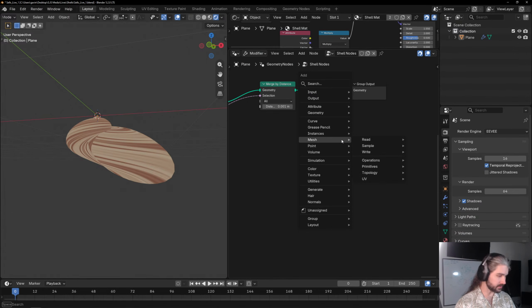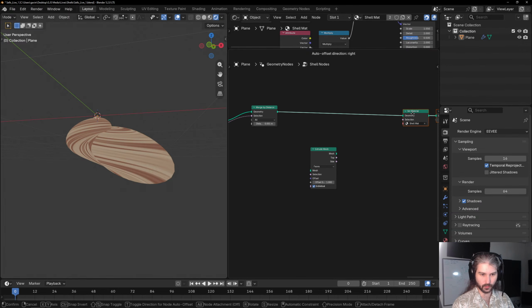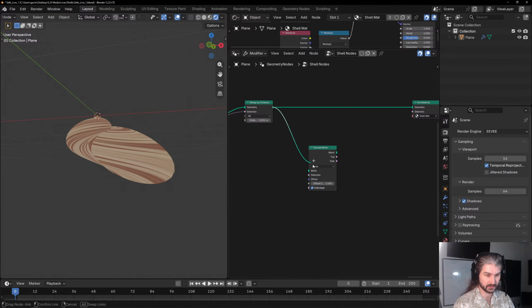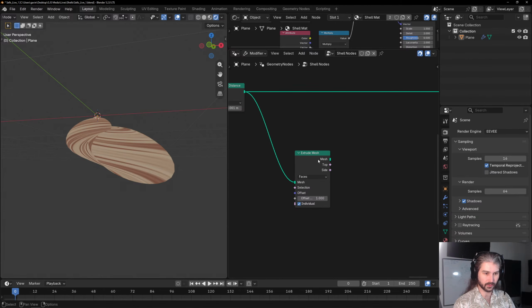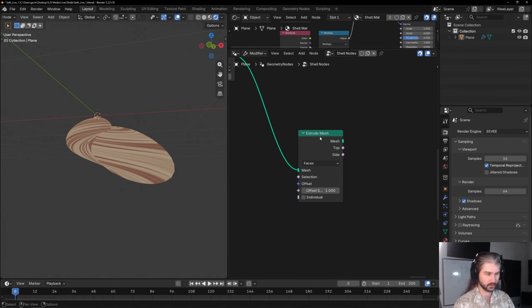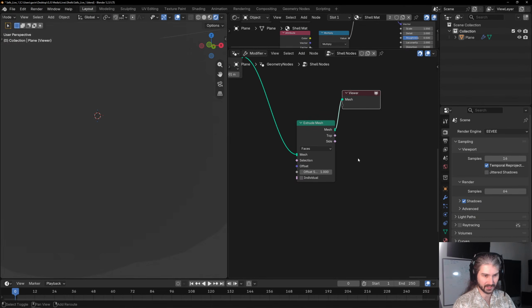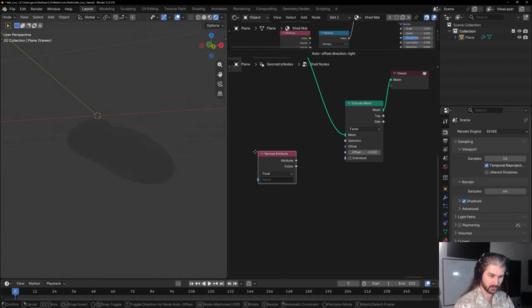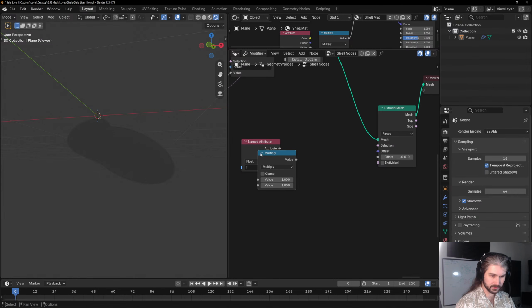Something else we could do is maybe extrude our mesh. I want to do this before the set material, really for no other reason than so that we only need one set material node. Anyway, we're going to extrude the mesh. We don't want to do it on individuals. This will make it so that we have a much bigger shell, but we'll scale that down. Actually, going to use the factor here to multiply the factor